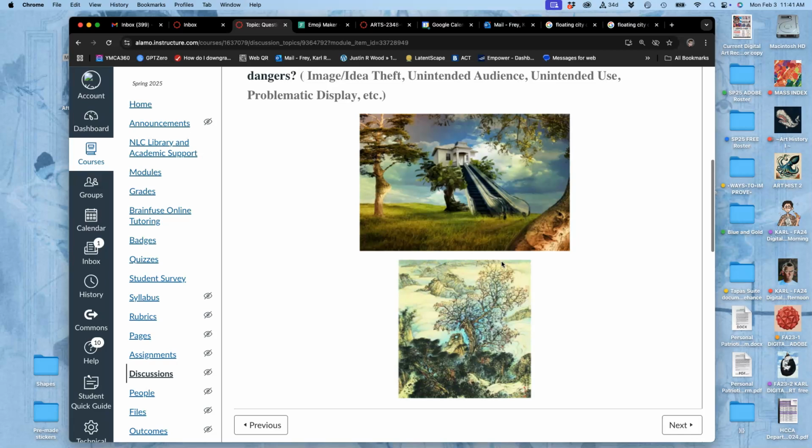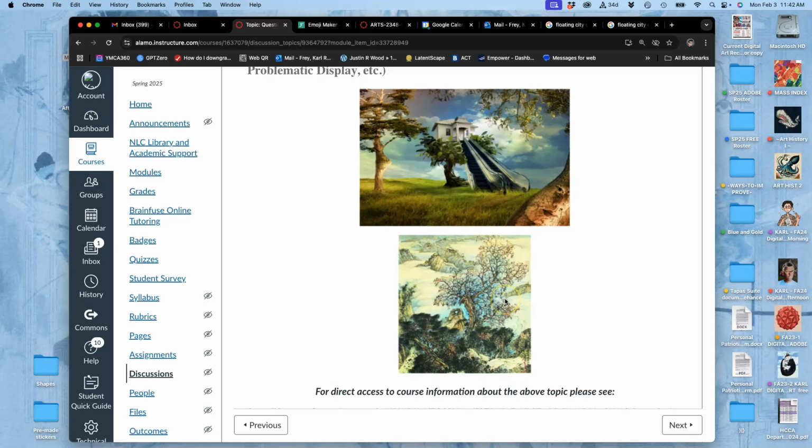So here I have 2 fantasy landscapes. One is a composite, right? It's got some flaws to it for sure, but there is no real place where there is a house up in a tree with an escalator going up to it, or a face kind of, for whatever reason, randomly put into a tree trunk. And then here, this is a rice paper painting of a fantasy landscape, which is the